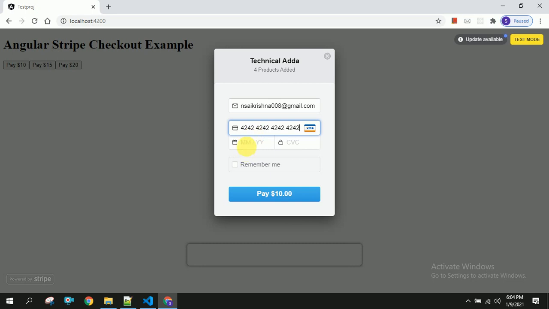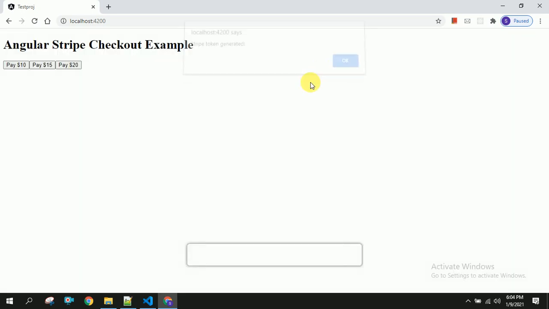So this is the test card, any future date, and 3-digit CVC. Once I click on this pay $10, you can see it got succeeded.